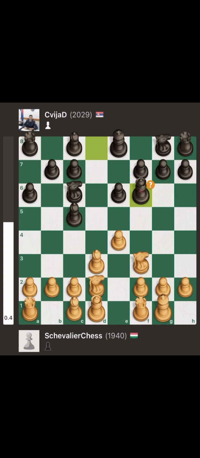and presenting a target on her with, say, pawn to e5, knight takes e5, knight takes e5, and queen takes e5. And frankly, I'm surprised that a 2,000 rated player would do such a move, but maybe he has a trick up his sleeve. As you can see, Cvijad would be up a pawn, but the position is better for Schevalierchess according